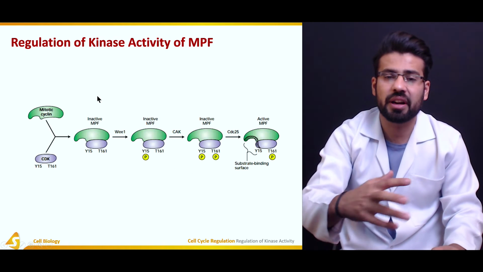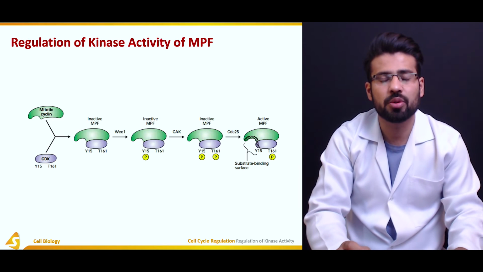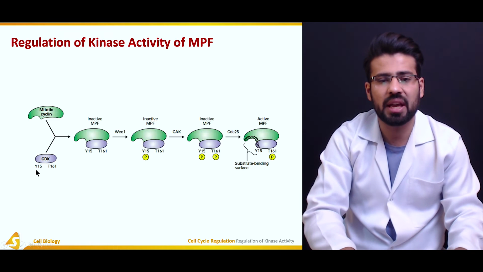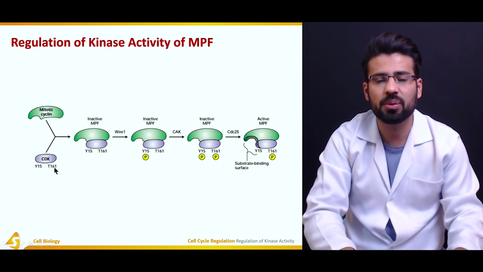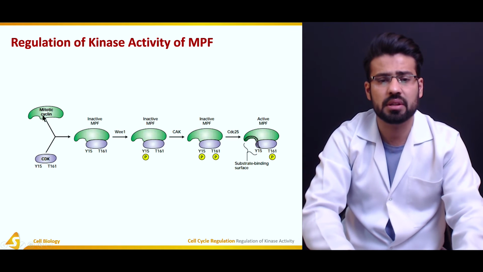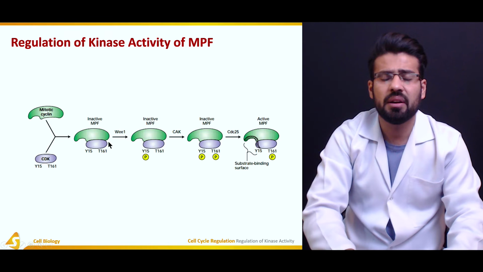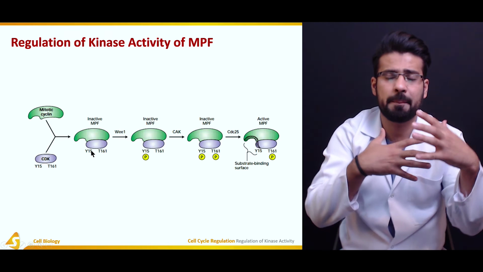So moving on towards the regulation of the kinase activity of the mitosis promoting factor, also known as the MPF. What happens in this particular case, the CDK has two sites. We have threonine at 161, and tyrosine at residue 15 in the amino acid sequence. CDK is going to bind with the mitotic cyclin over here, as you can see. So this would result in the partial activation of this particular molecule,